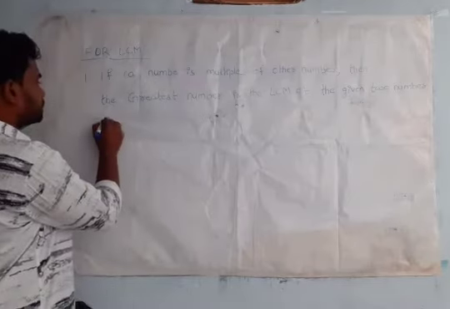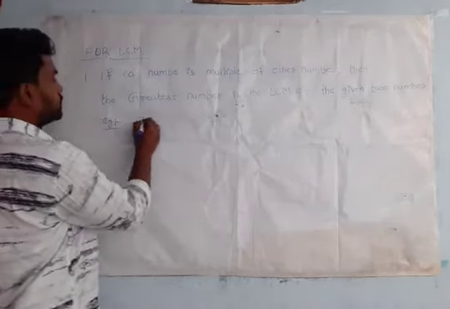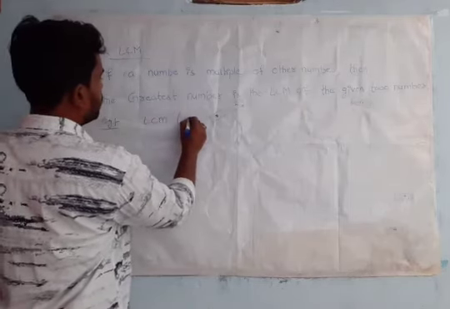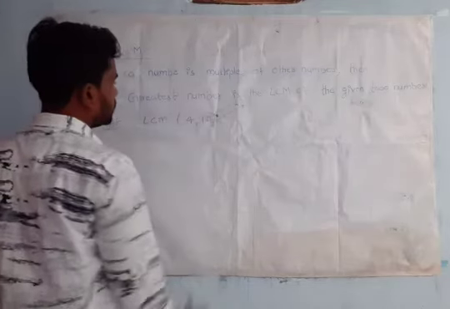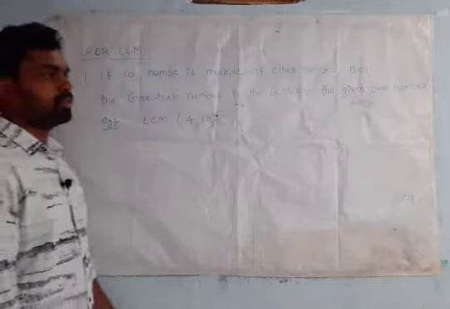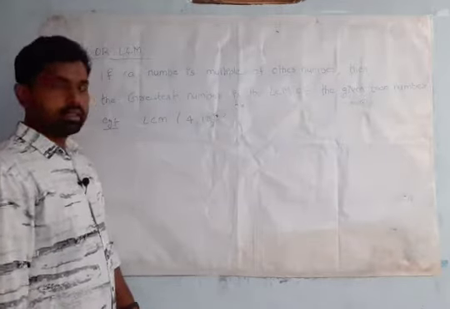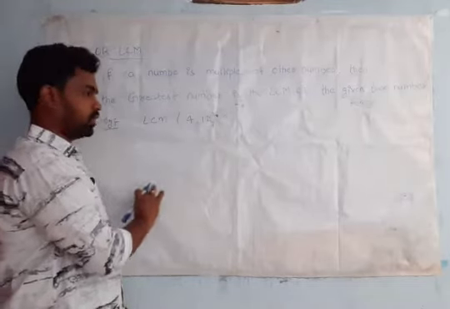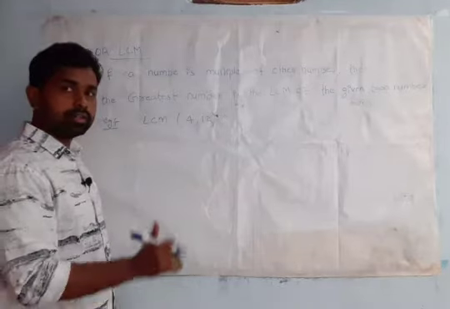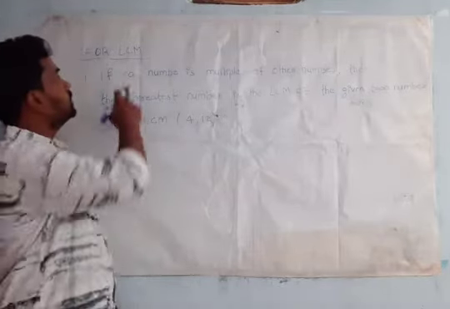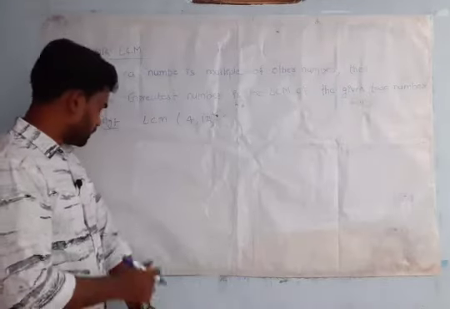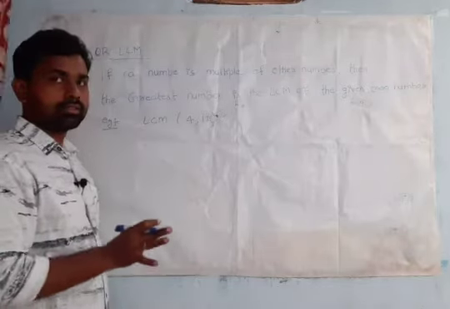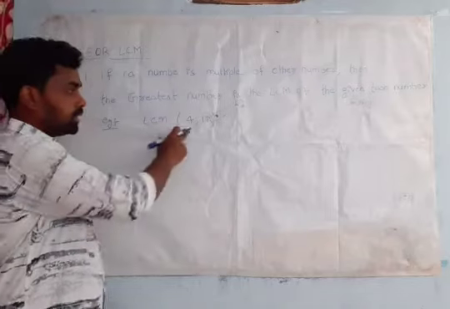Look at here. Example. Suppose find the LCM of 4, 12. LCM means what? First we have to write the multiples of 4, multiples of 12. Then we have to write the common multiples, and from the common multiples we have to select the least number. Yes or no? LCM, least common multiple. That is the process. But here they give only two numbers.